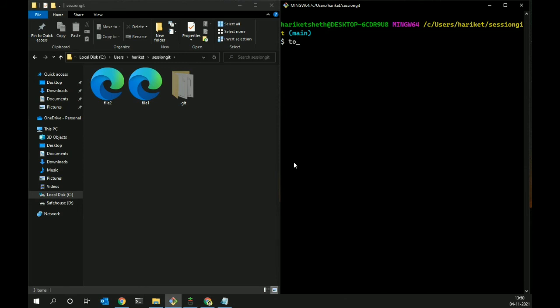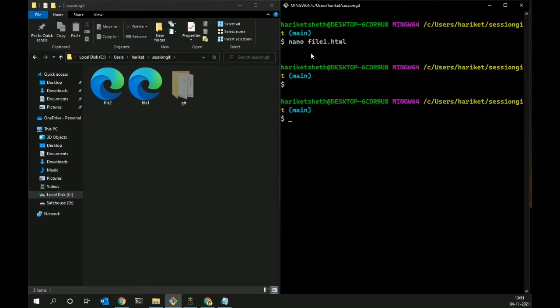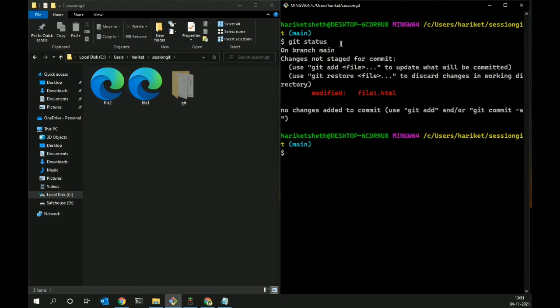Let me now show you the concept of modified, which we covered in part 2. So let me edit file 1 and add anything inside this. Okay, so the editor is open, and I added 2 lines, which are basic HTML tags. Now to close this, I will use this. Now if you do git status, you can see it's clearly specifying modified, and you should make a note of this: changes not staged, which means these are in an unstaged version, not an untracked version. So you have to again stage them by using git add dot.